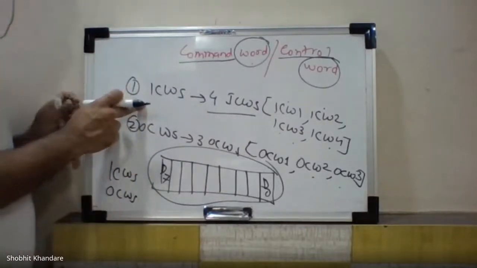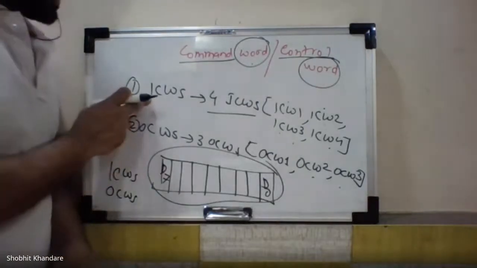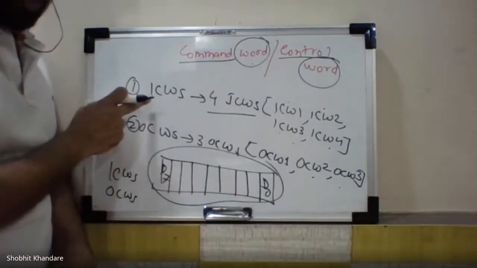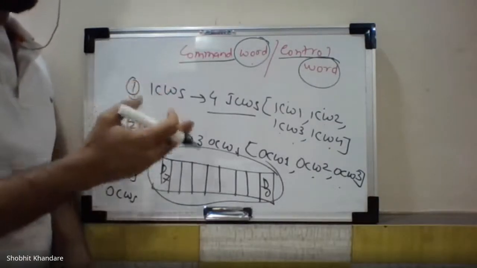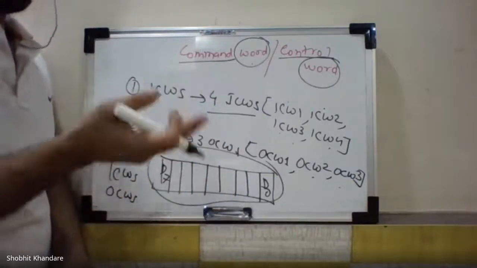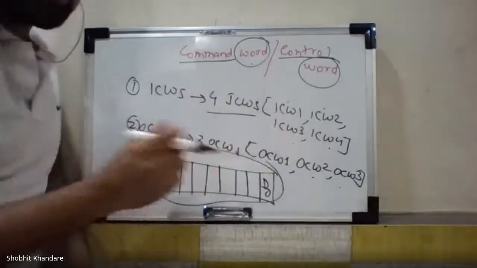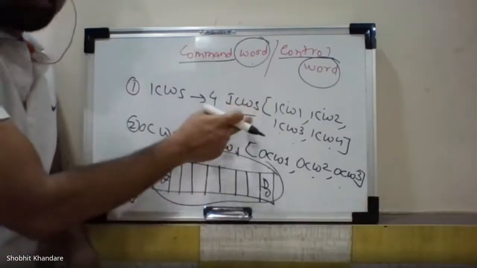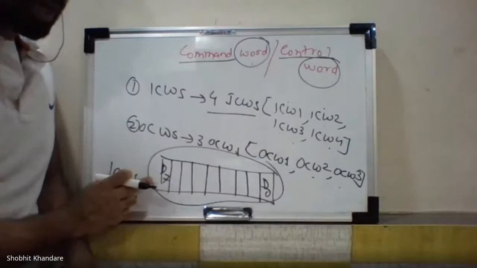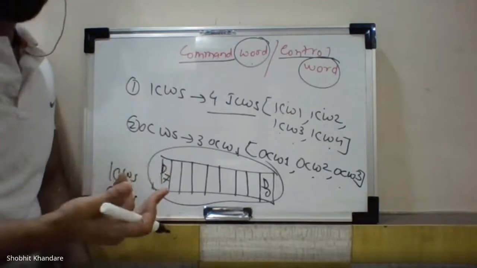As far as ICWs are concerned, these are needed for the starting of the operation. To start the operation, I should initialize my 8259. You can initialize using ICW1, ICW2, ICW3, or ICW4, and each one of them has some significance. We'll understand when I talk about the individual bits of these ICWs. You will understand their importance. These are a sequence of 4 bytes, some of which are operational.